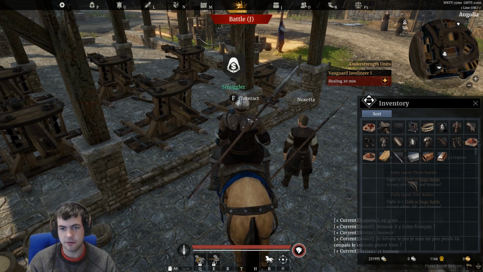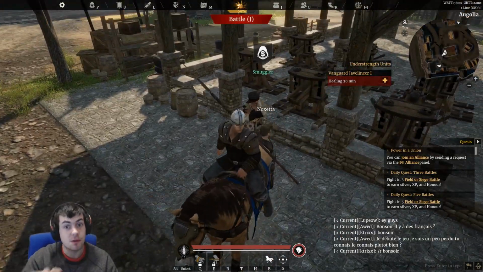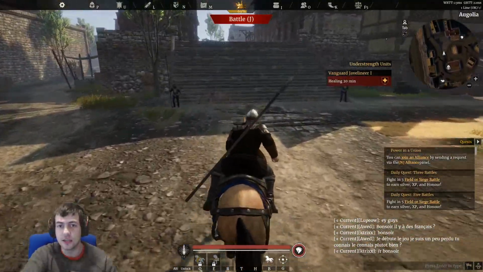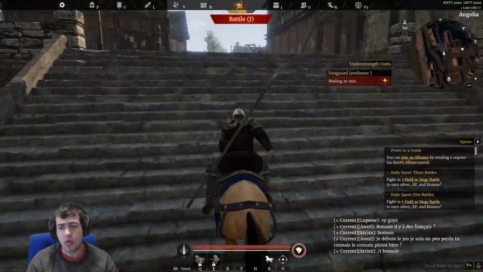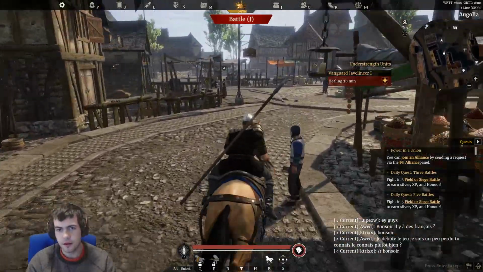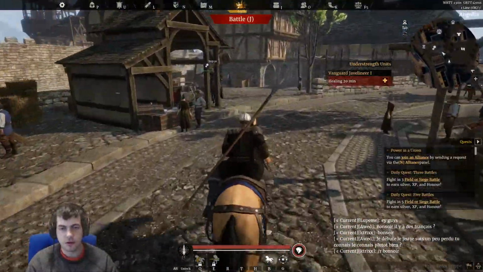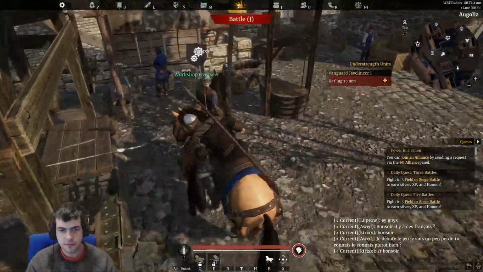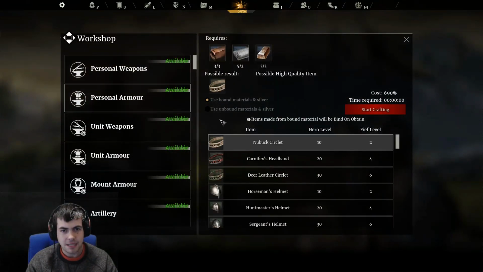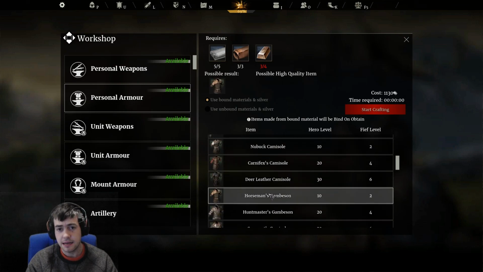Cool, so we've bought the materials that we needed from the smuggler, but once the game is properly released, I think that would be a very expensive way of doing it. I think the expectation is you're going to do the full crafting process through the system, and that's how you're going to be upgrading through the open world system. So let's head back over to the workshop. Come, little horsey, quicker. Same, we're going to go production. Back to our personal armour. Let's scroll down and find our horseman's gambison. Here it is, and hopefully...